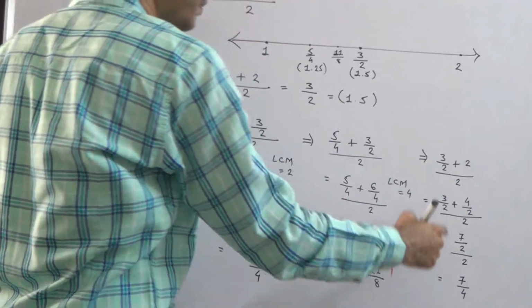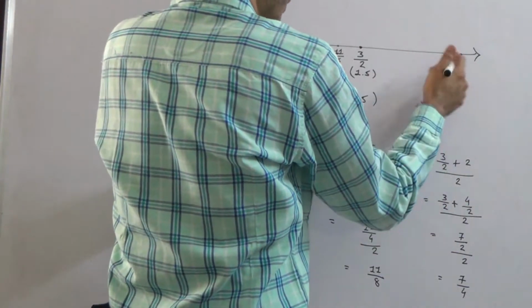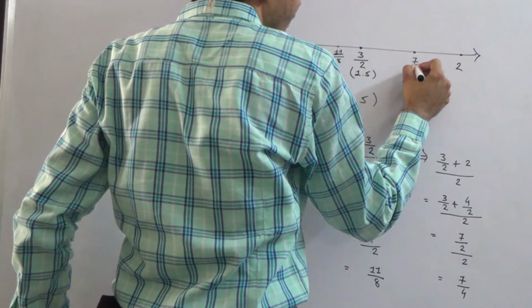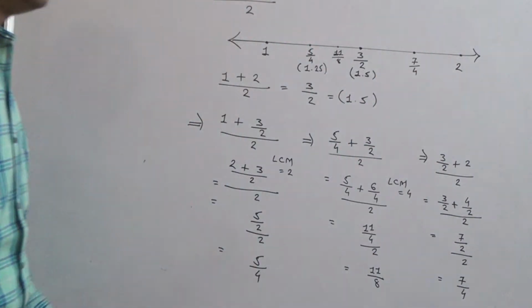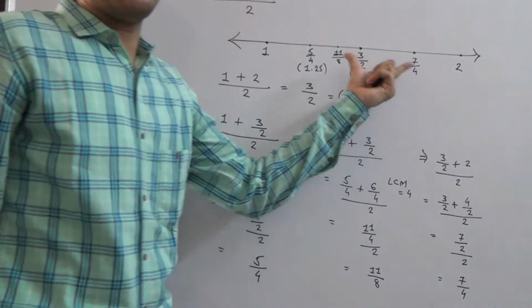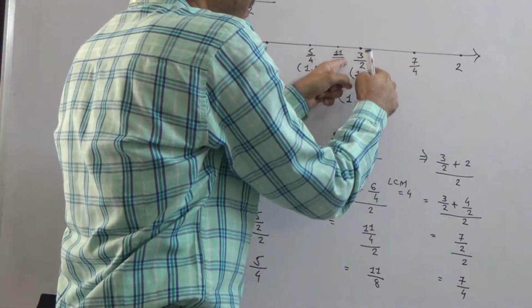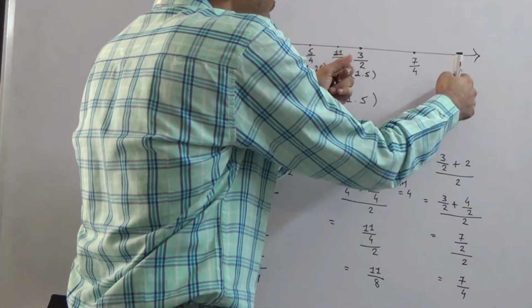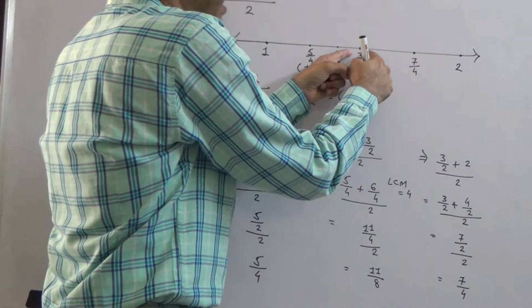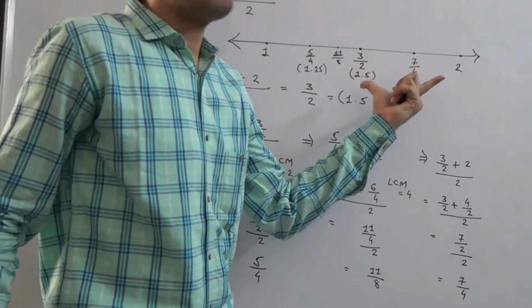7 upon 4 is between both these two numbers, 3 by 2 and 2. Okay, and same for 3 by 2 and 7 by 4, both these two numbers. Here, between 3 by 2 and 2 we get 7 by 4. But if I want to take 3 by 2 and 7 by 4,